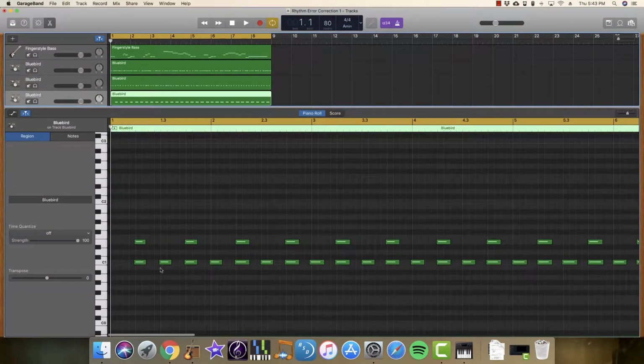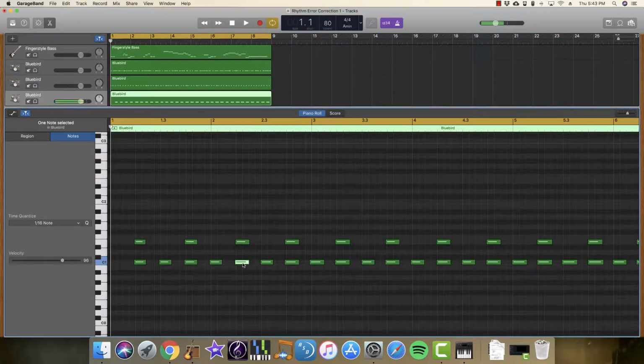Okay, so just by looking, you can see it's not terrible. This is certainly usable, but we have a lot of little places where our performance was a little bit off. All right, so the most precise way you can do it is go through and actually click and drag. But if you know a little bit about music theory, GarageBand can do some of the work for you. Another thing I'm just going to go ahead and fix right now is if you listen